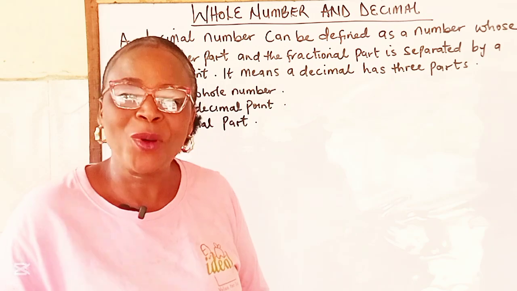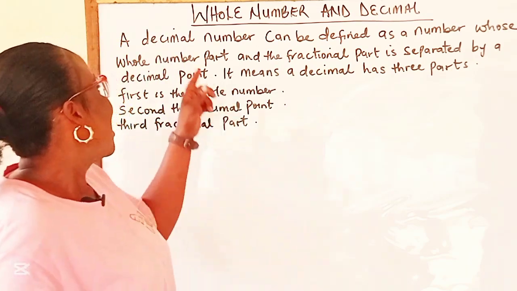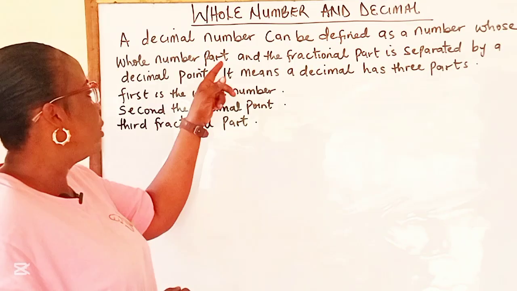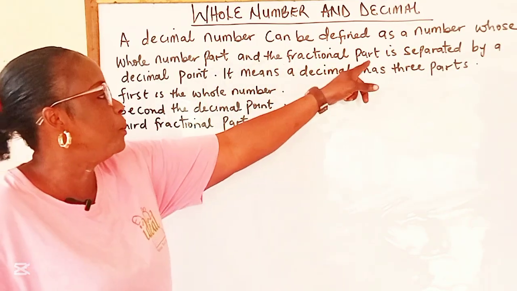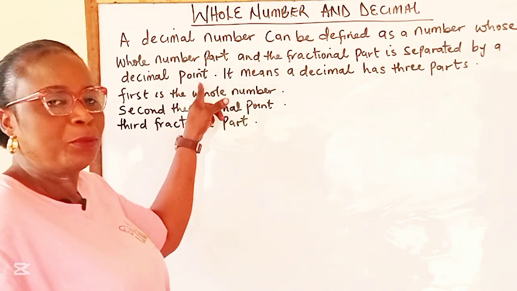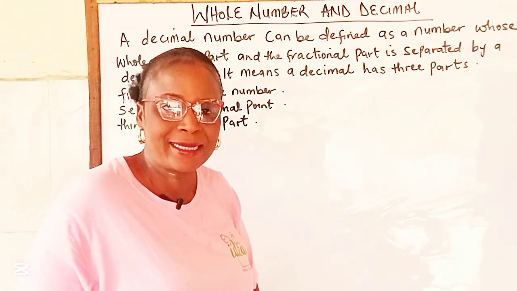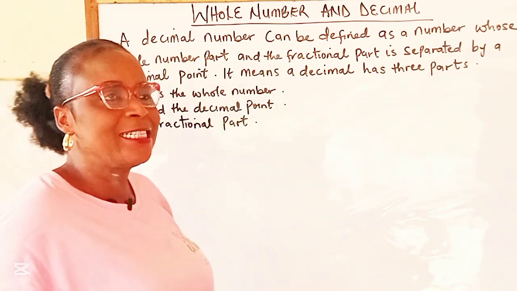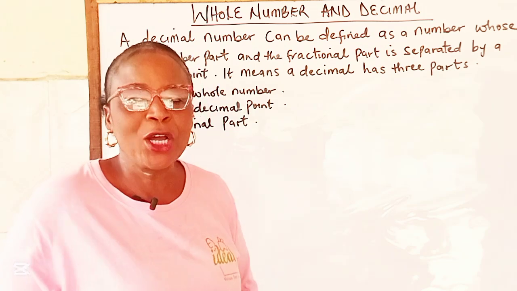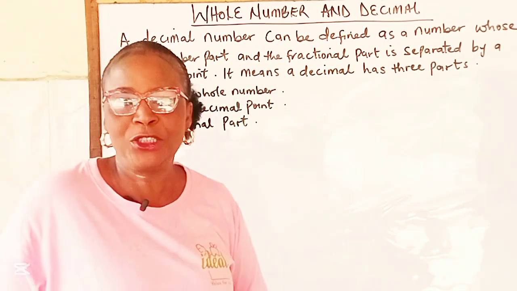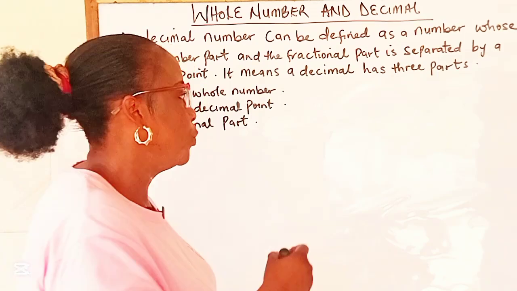First of all, what is decimal? A decimal number can be defined as a number whose whole number part and fractional part are separated by a decimal point. It means a decimal has three parts. First is the whole number, second is the decimal point, and third is the fractional part. For example,